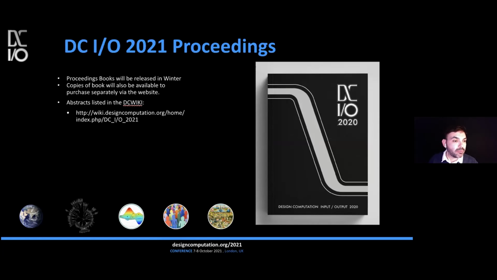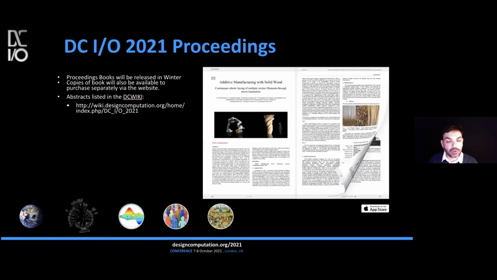But also remember, and especially nowadays that we all are conscious about sustainability, the book is available in Apple Books, and it's fully cross-referenced with the conference. So as you go through your Apple Book, you have links to the videos like this one we're recording at the moment. And you also have hyperlinks to the DC Wiki.